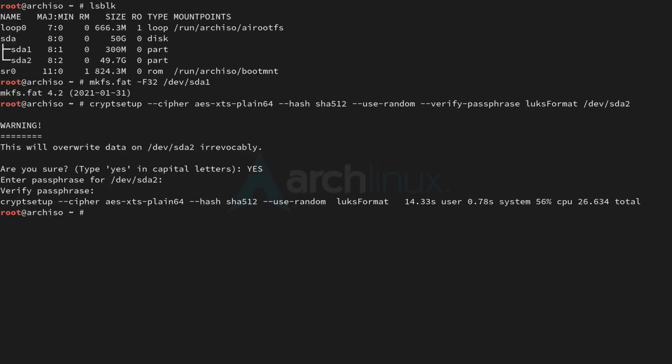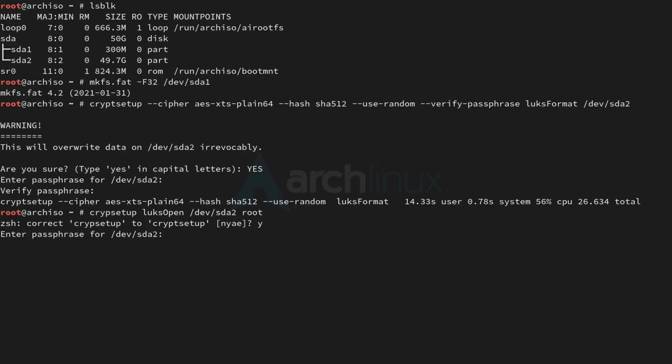So now before we can format this partition, we need to open it. Now to open it, we can use cryptsetup luksOpen. And then the partition path again is /dev/sda2. And then the name we want to give to the mapper partition, which is going to be created, and we'll need to mount this later when we are mounting the partition. So I'm going to call this partition root very simply. And thanks to ZSH here, which is correcting my typo, and yes, it is cryptsetup, so I'm going to hit Y here. So we need to enter the passphrase,